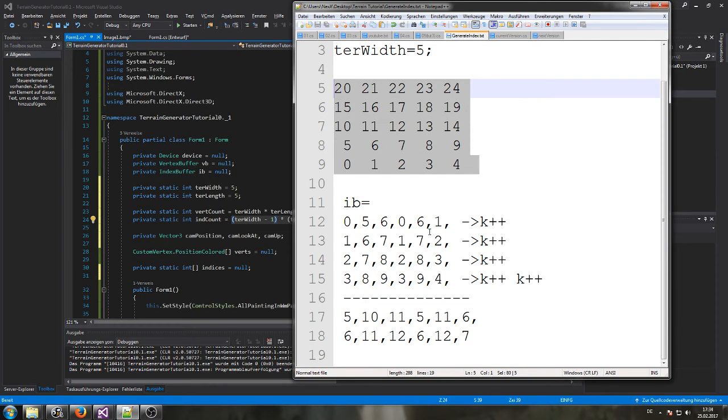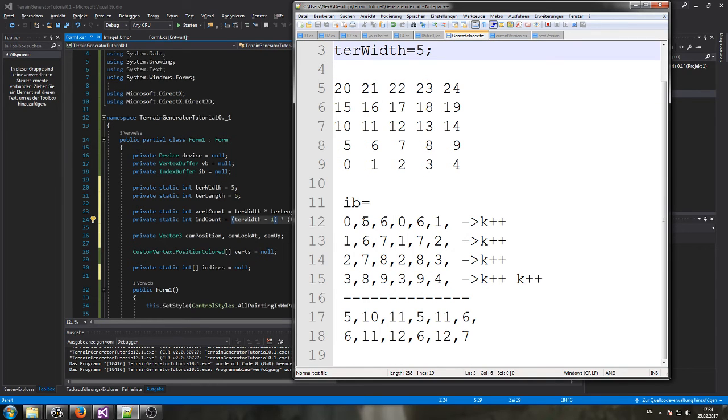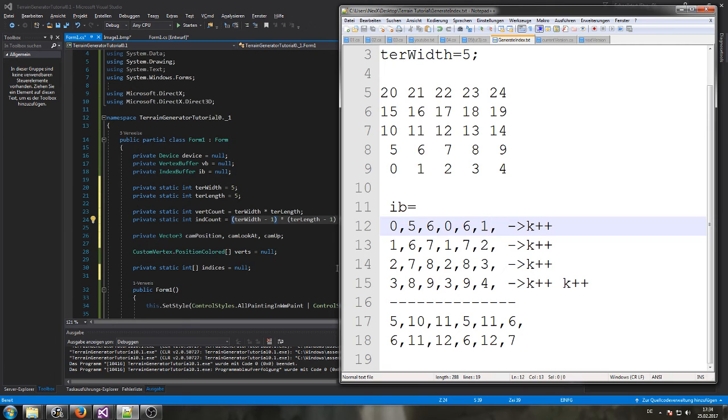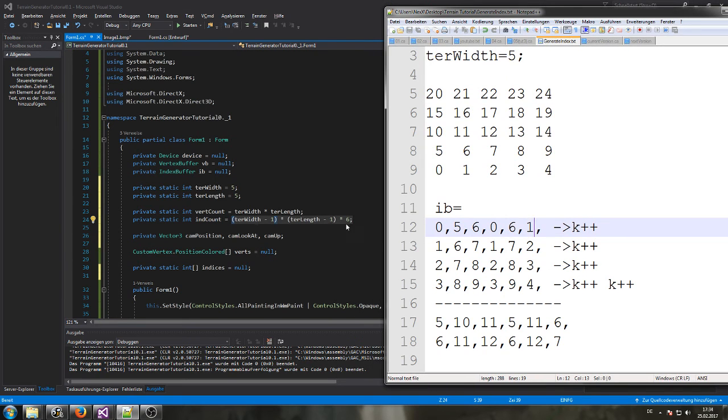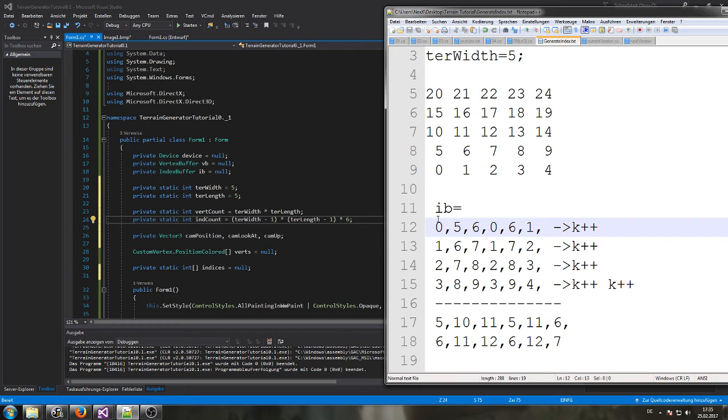So how many would we need with only knowing our terrain length and our terrain width? Plus we also know that each line has actually 6 values, and that's why we multiply it with 6,